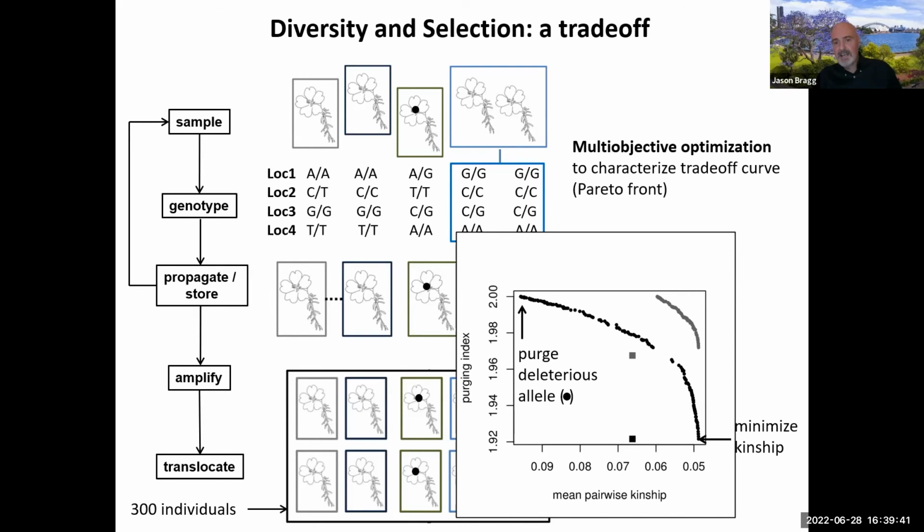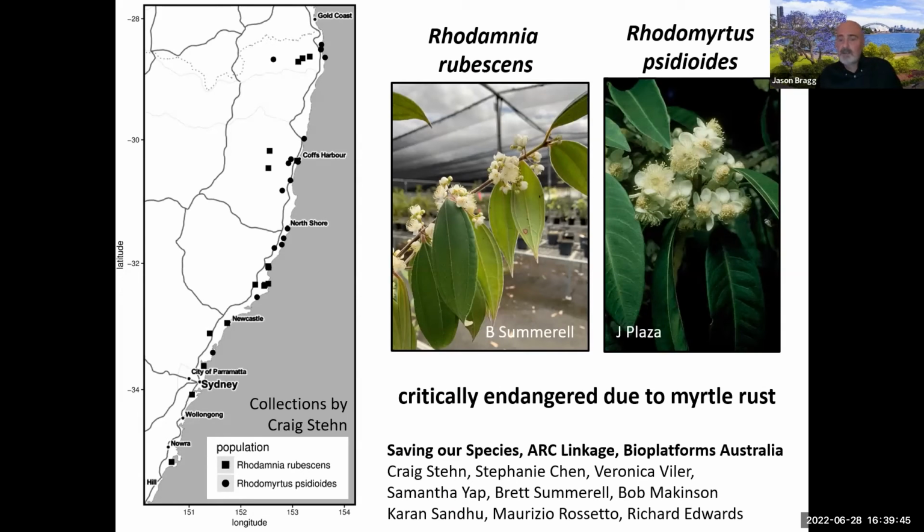And we have a number of places where we're currently looking at applying these kinds of methods. One that I want to draw people's attention to is species that are critically endangered due to the impacts of the fungal pathogen myrtle rust. That's a fungal disease of plants that arrived in Australia probably only around 12 years ago. It affects plants in the family Myrtaceae to different extents, some not at all. Some show a mixture of resistance and susceptibility. Others, such as the moist forest species you can see here, Rhodamnia rubescens and Rhodomyrtus psidioides, are impacted really heavily and are both critically endangered and on a rapid trajectory towards extinction, again with partners from the Department of Planning and Industry,